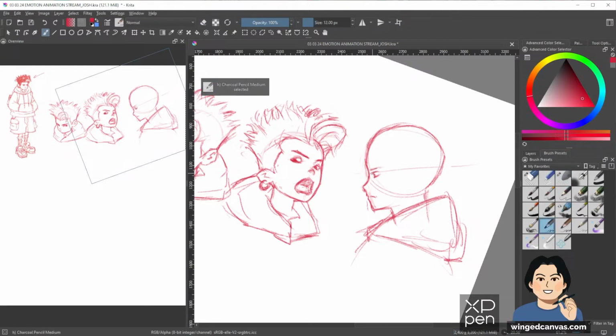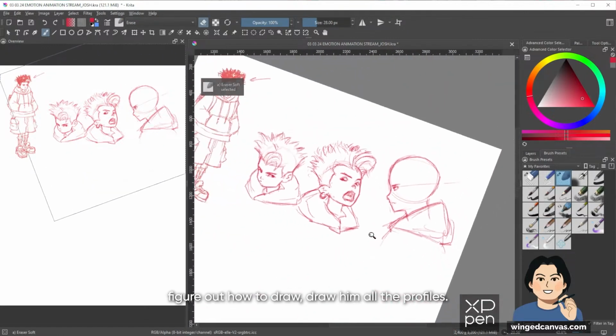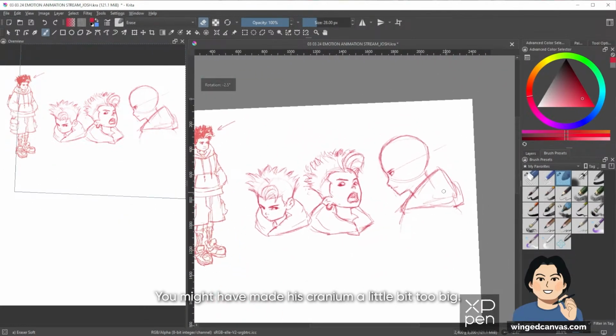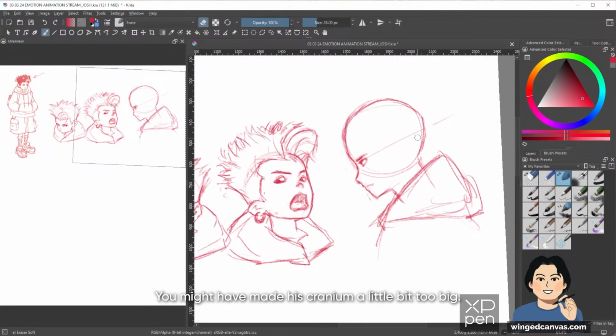So we'll see how this goes. I'm zoned in here, trying to figure out how to draw him. Oh, profile view. Might have made his cranium a little bit too big. We'll see.